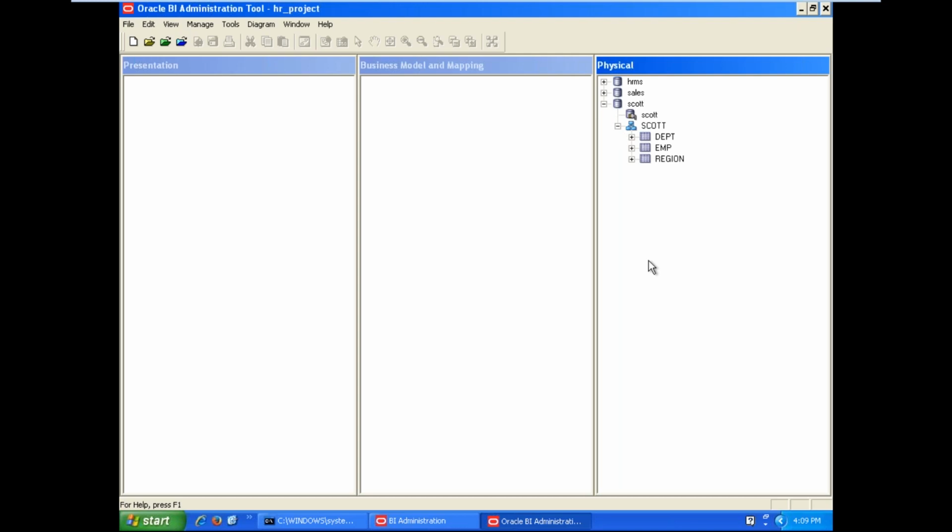Now we can discuss how to derive a table in the physical layer. Sometimes it is better to derive some tables similar to views in the database. In the same manner as views are created in the database, you can derive tables in the physical layer. If you have that much knowledge, that means we are in a position to write some complex queries in the physical layer also.